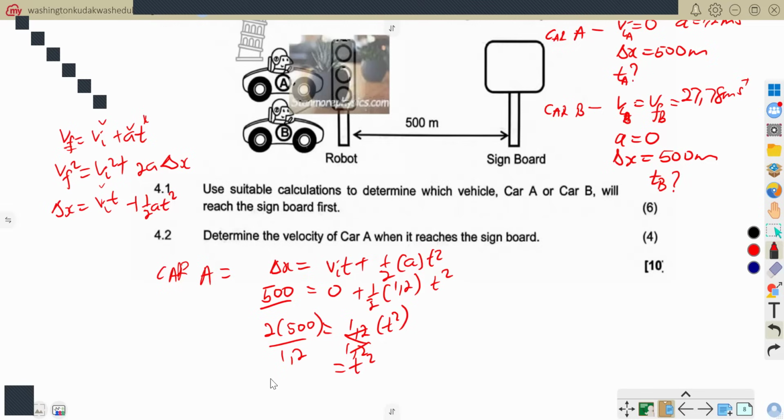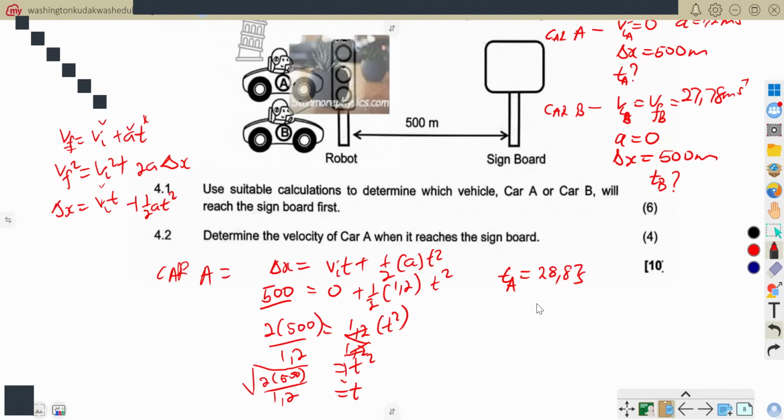Now we just need to take the root, so we root 2 times 500 divided by 1.2 to find the time taken. So if I punch my calculator, the time taken for A is equal to